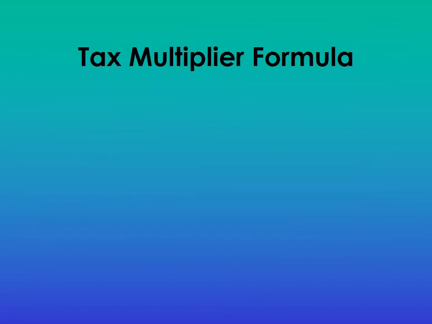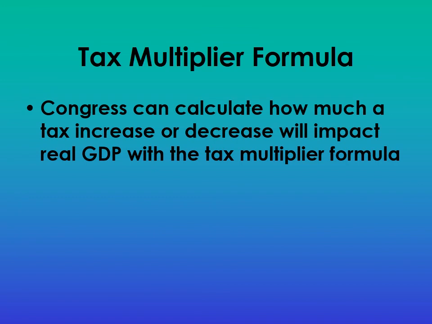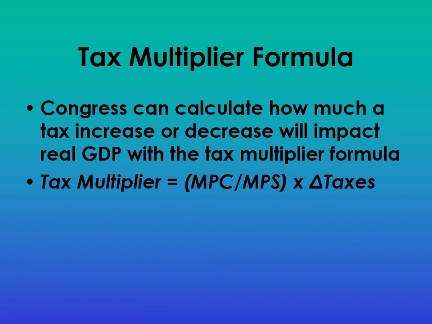All right, and so last but not least, we've been talking about Congress increasing taxes or decreasing taxes, and just like how we have a spending multiplier, we actually have a tax multiplier. So when the government is trying to figure out if they should raise or lower taxes, they can do a sort of rough calculation of how much an increase or decrease would impact real GDP with something called the tax multiplier. So the tax multiplier is the marginal propensity to consume, or MPC, divided by the MPS